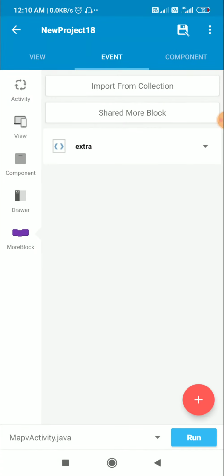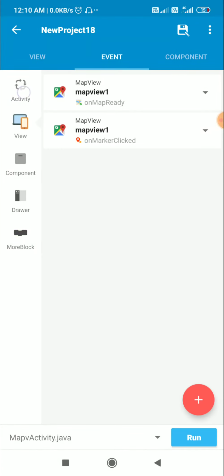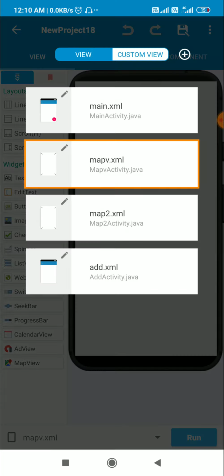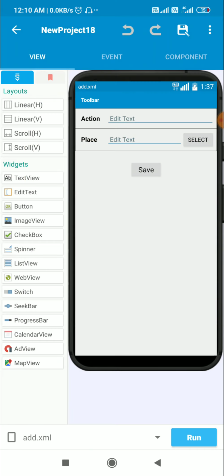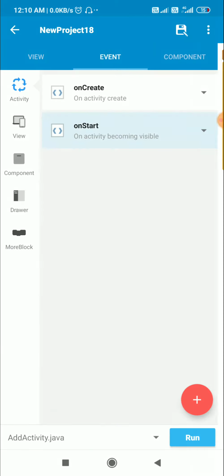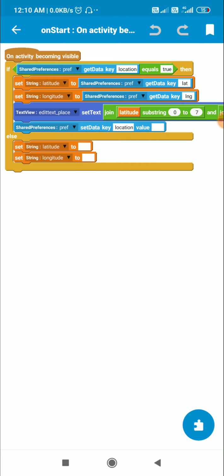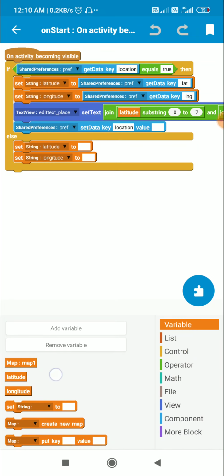Now after that the user will press the back button, and when he presses the back button he will move back to add activity. Here in on start event, if the shared preferences key location is true, then here also I have these string variables latitude and longitude.